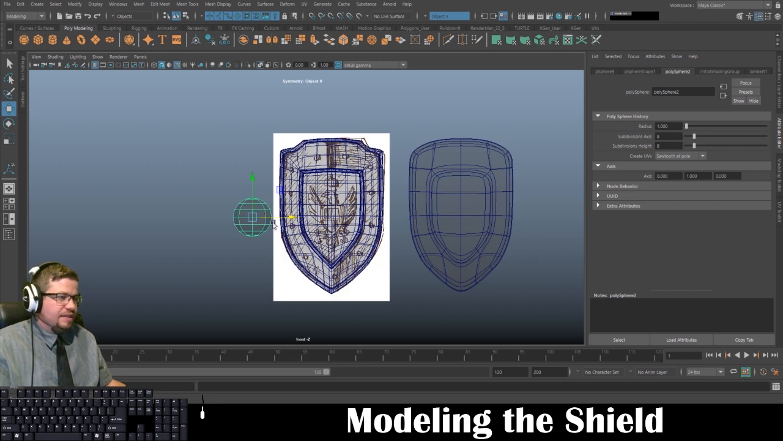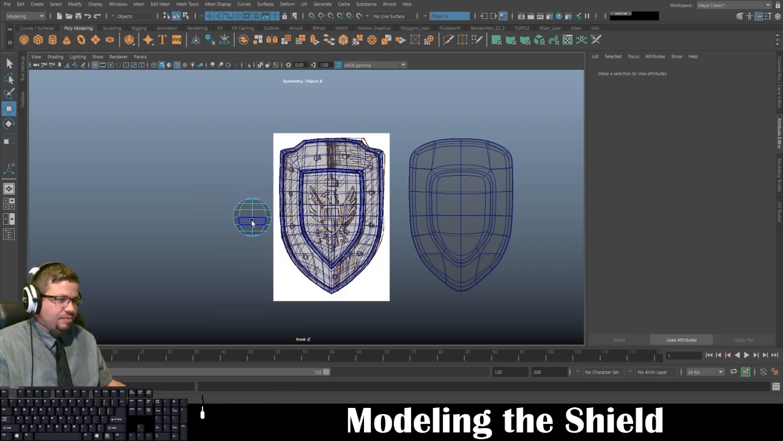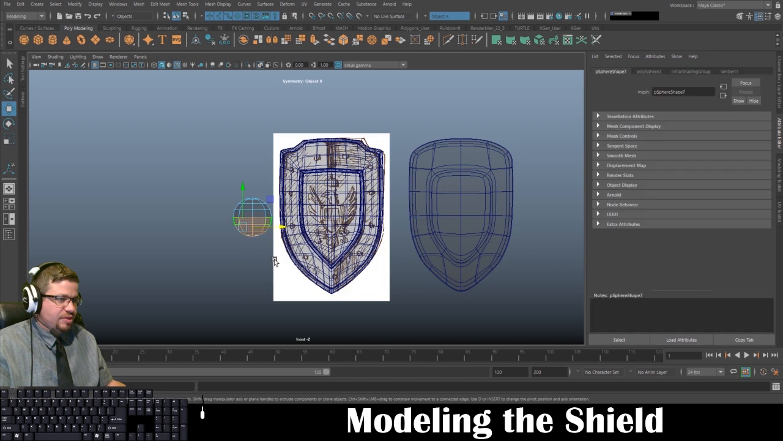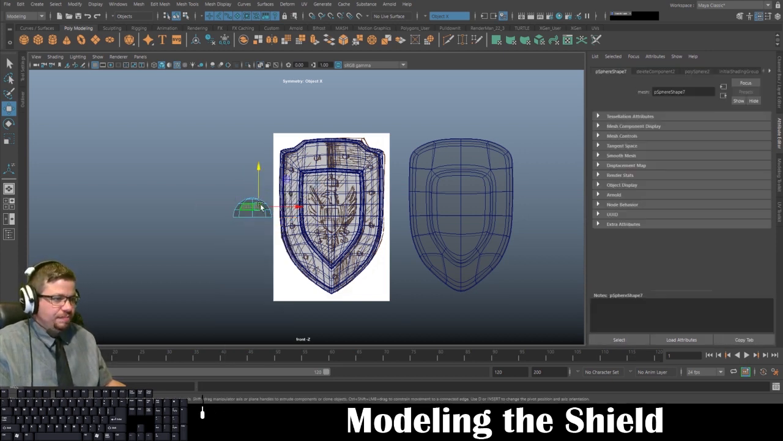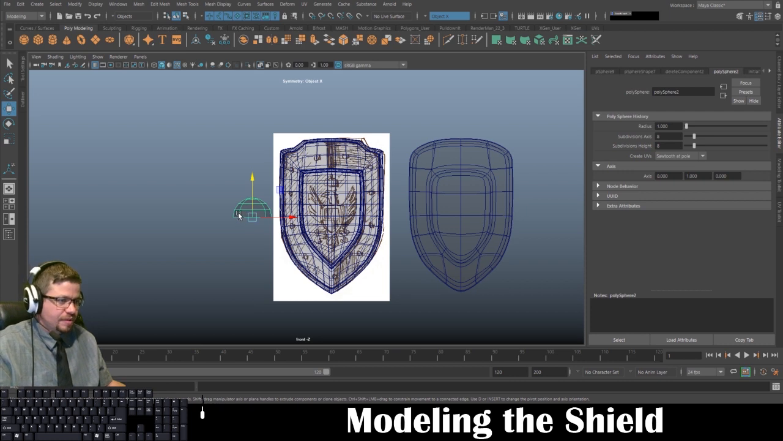so I'm going to drag it off to the side for the moment, and I'm going to go into my face mode. It doesn't really matter if symmetry's on or off for this, and I'm just going to go ahead and delete. Now with my object selected, oops, my symmetry, my pivot point is still directly in the center of